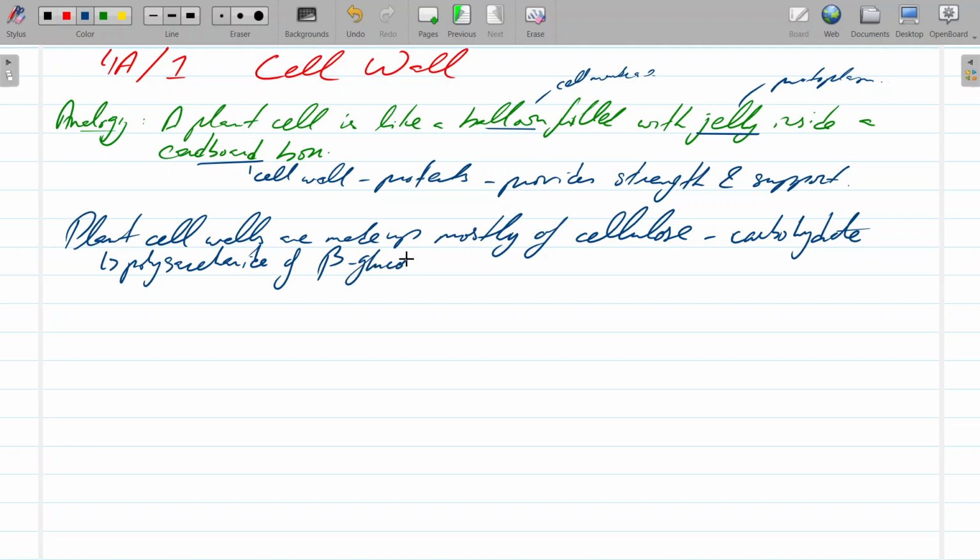So if you just recall when we talked about biological molecules, beta glucose is an isomer of glucose, right, where the position of the OH group is different on the first carbon, as compared to alpha glucose. So it's the position of the OH groups. And so it's a polysaccharide of beta glucose. It forms straight chains and it is insoluble,